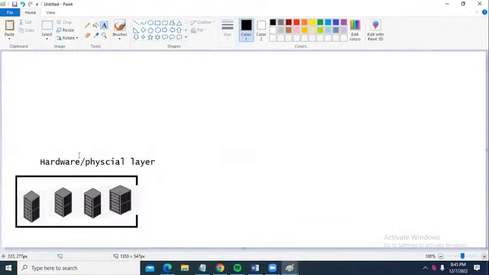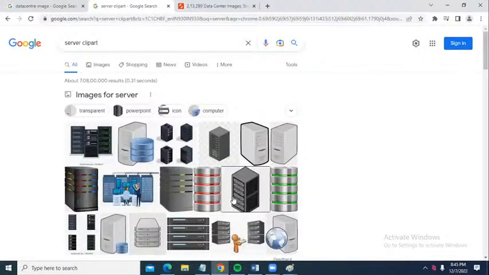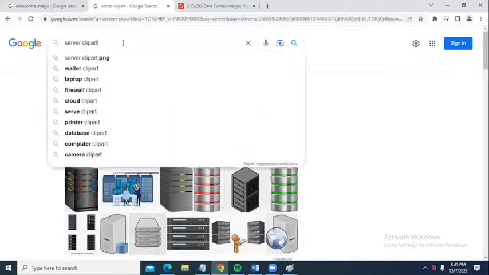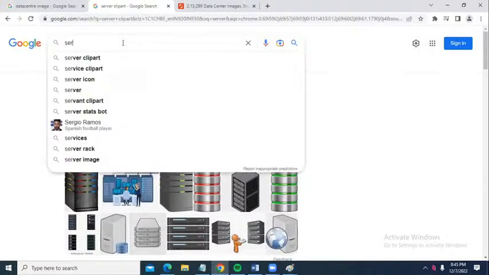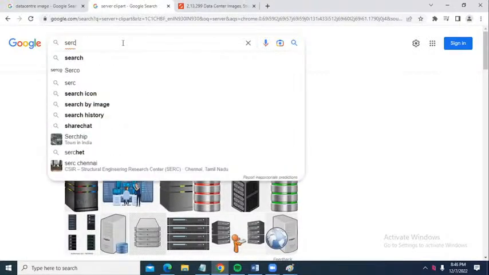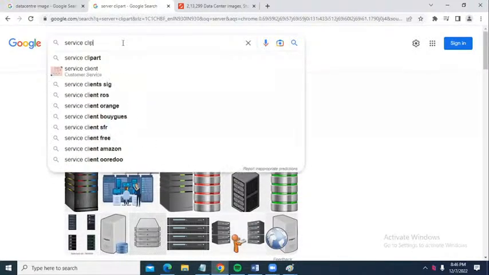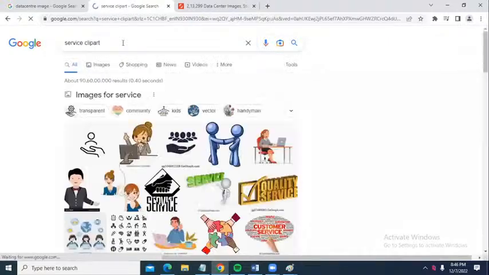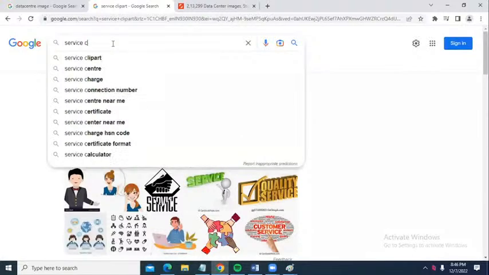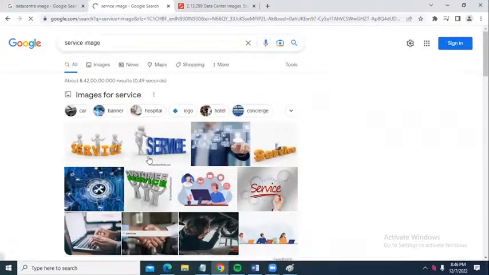Now, on the top of this hardware, they are going to provide something like services. Let me take one service clip art.